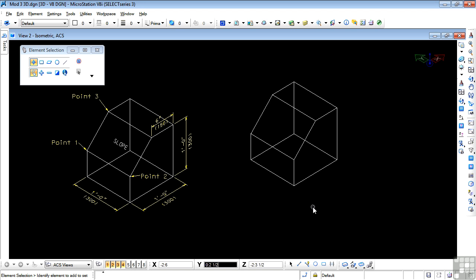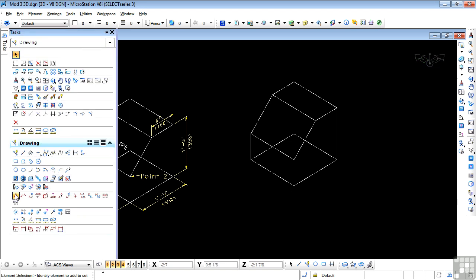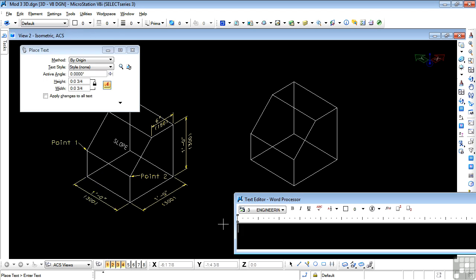Now let's start putting the text in place. So I'm going to start the Place Text tool, and the text will be slope, and that's got to go into this face here. So I need to set up the ACS just for that face. And to do that, I don't need to go to the auxiliary toolbox at all. I can start right here at the corner with that tentative point, put the compass there, so F11 and O,